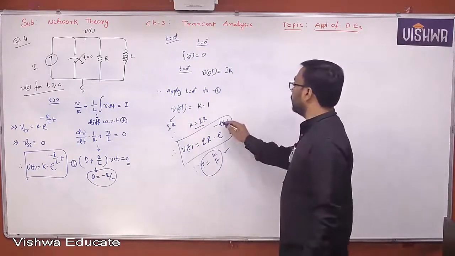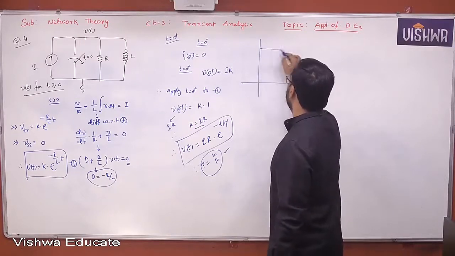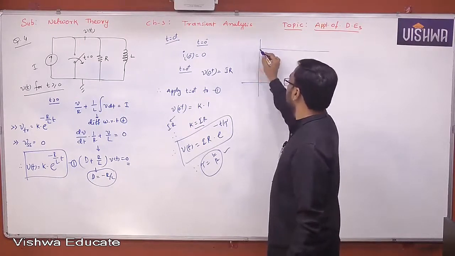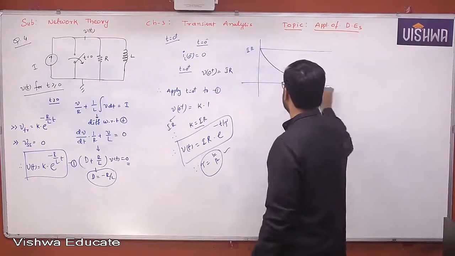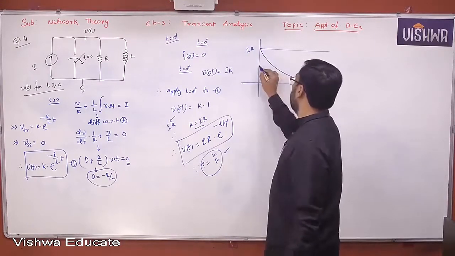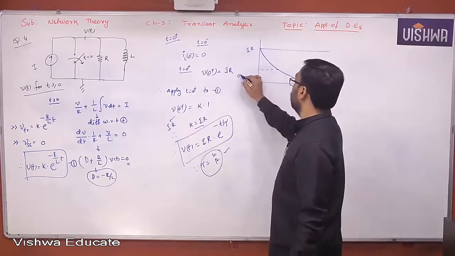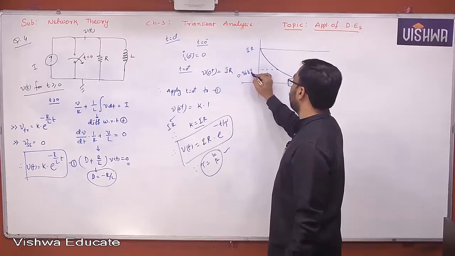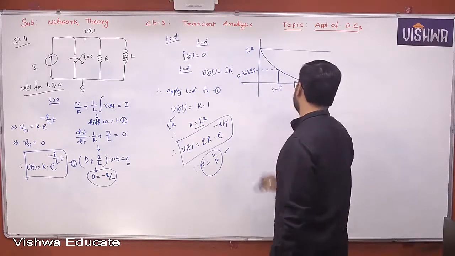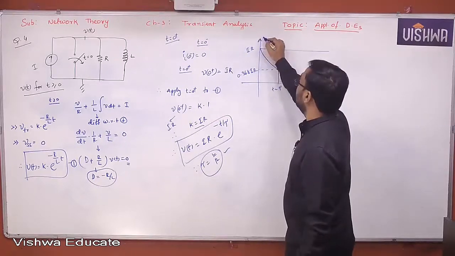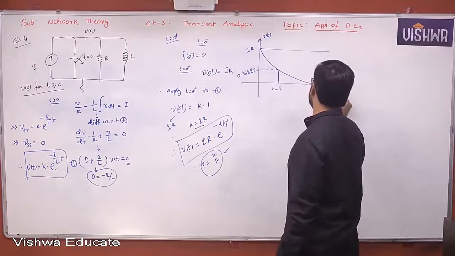It's very clear. It is an exponential decaying function. That's very, very clear. The final value is very clear. The initial value is very clear. That is I into R. And final value is 0. It decays to 0. And let us say this is 0.368 times of IR, where t is equal to tau. Okay, this is voltage across the inductor or resistor or the node voltage, whatever it is.